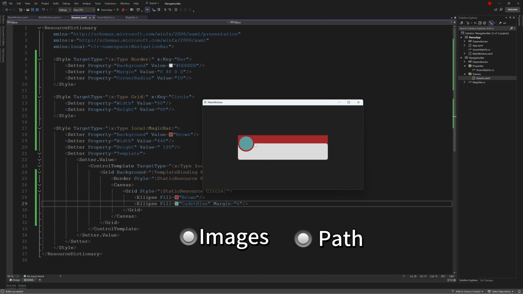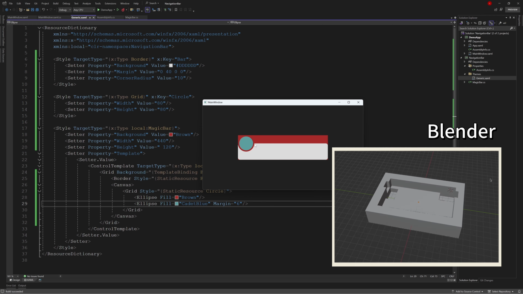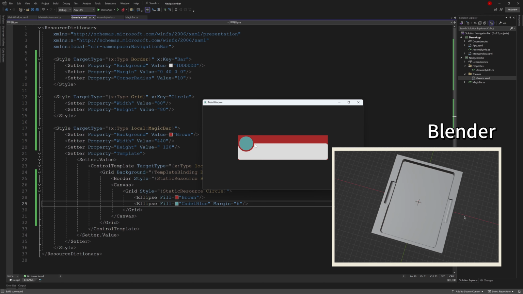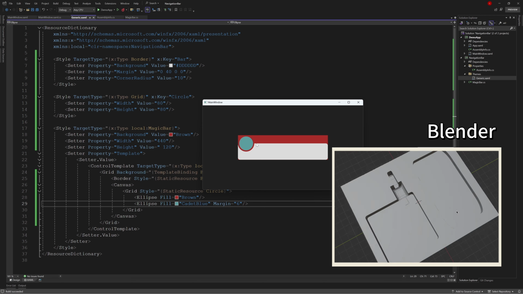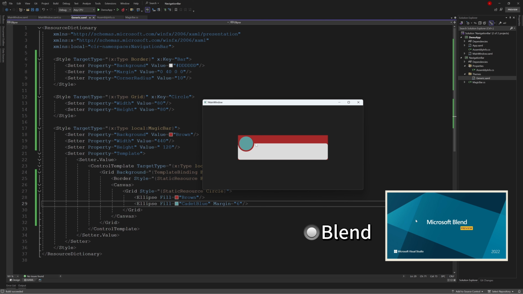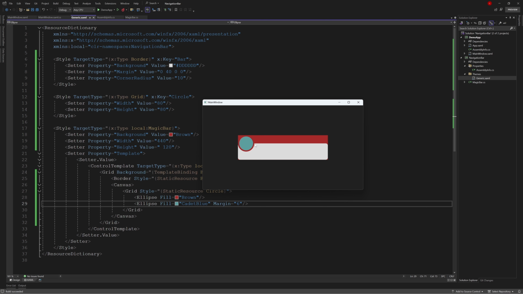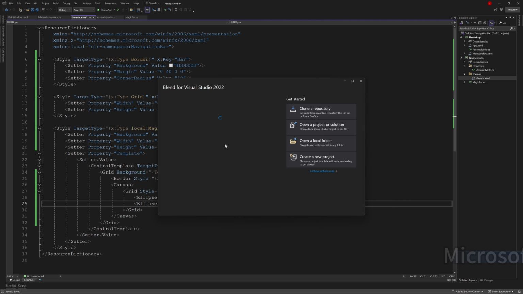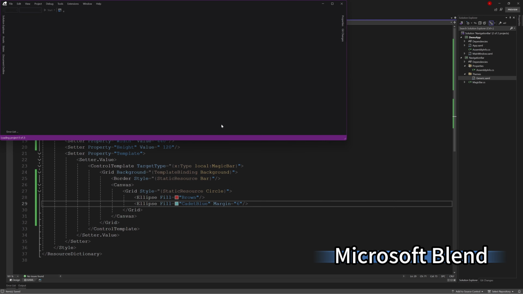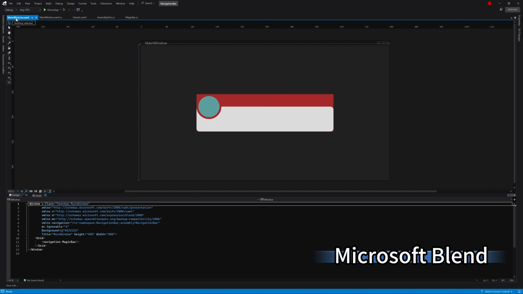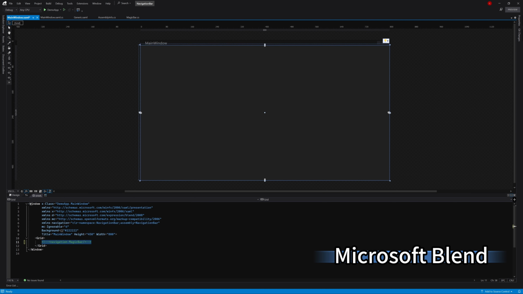So it reminds me of my recent fascination with 3D printing. While using Blender to create models with special shapes, I often use the merge and subtract features. In Microsoft Blend software, we can use a similar approach to easily create the images we want. So today, let's try it together. Here we need to hide the magic bar part.